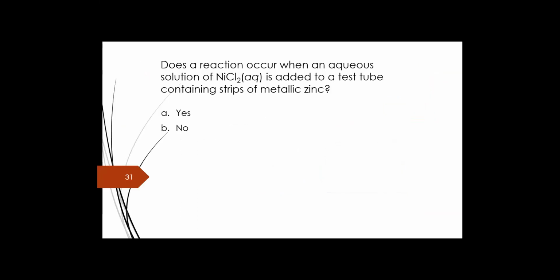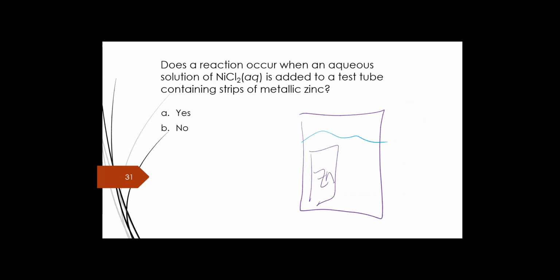So that's kind of the applications of the activity series. And so we want to make sure that we understand what's going on with it, and so we want to practice. So does a reaction occur when an aqueous solution of NiCl2 is added to a test tube containing strips of zinc? So that means that we have zinc metal here. And inside of our solution,